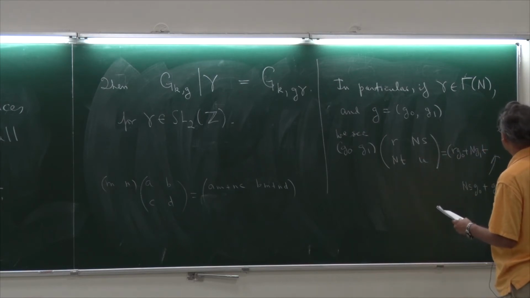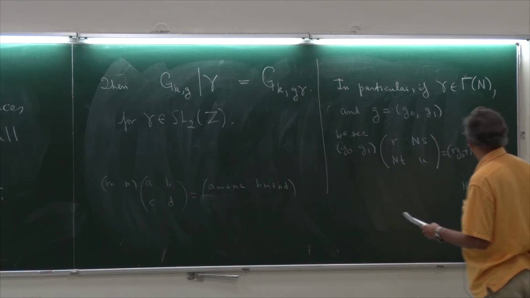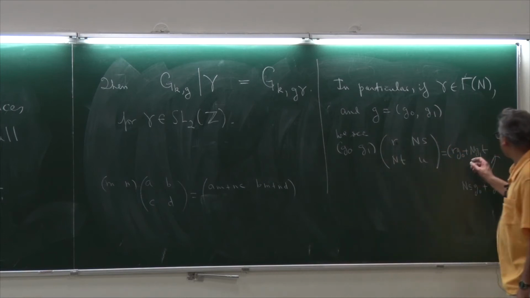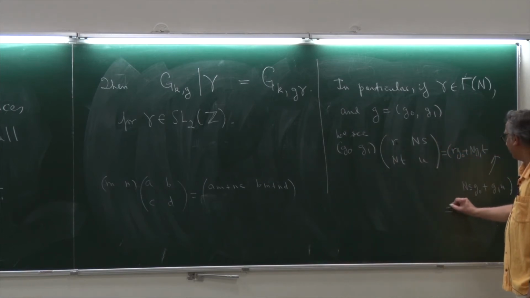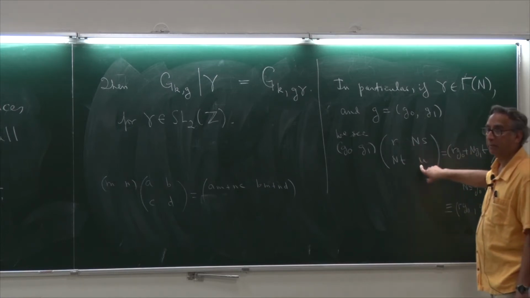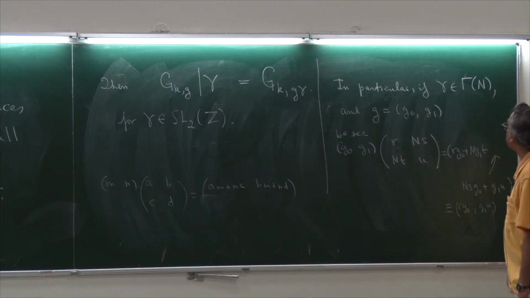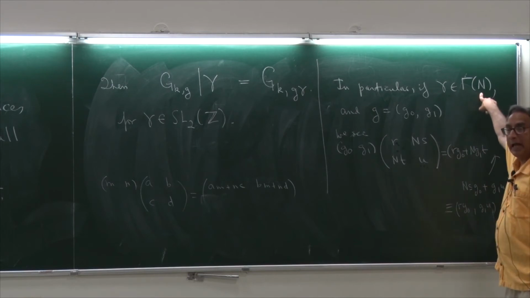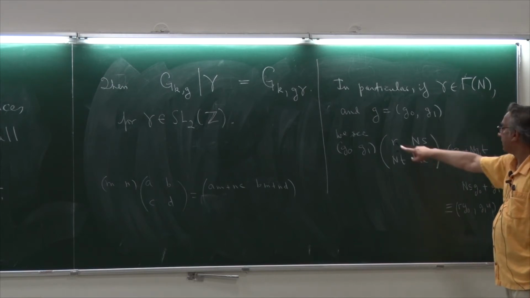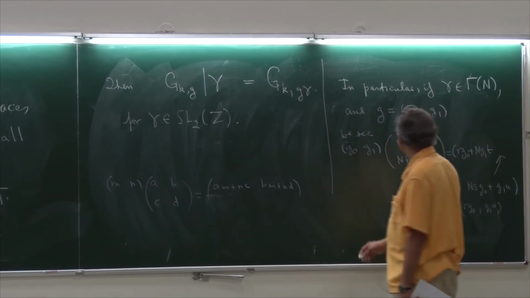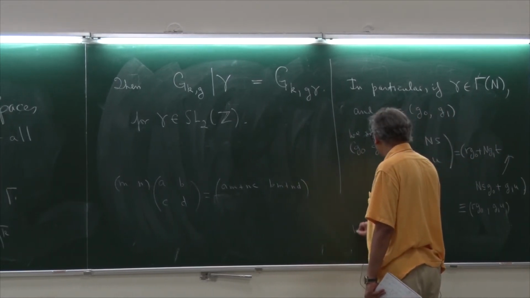Right? In other words, it'll just simply be R, these diagonal components. So you're just modulo n. So modulo n, this is just R G0, G1U. So that means you're just multiplying it by the diagonal entries modulo n. So because I have an element in gamma of n, these two diagonal entries are congruent to 1 mod n. Therefore, in that case, we see that